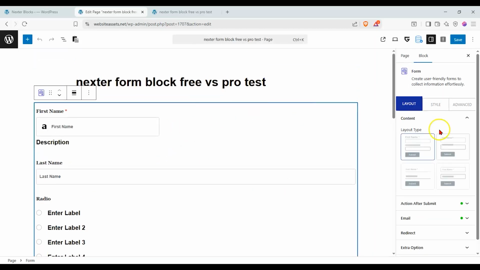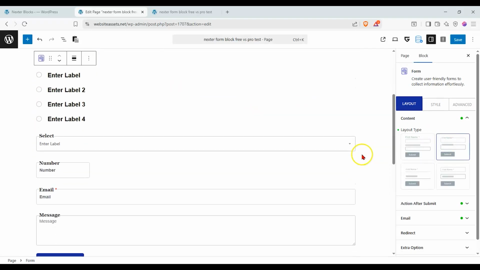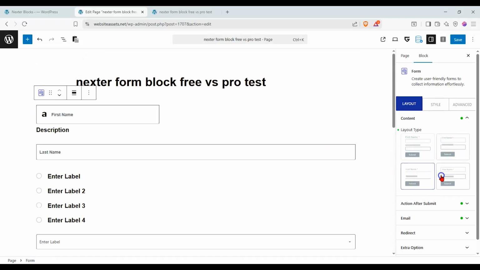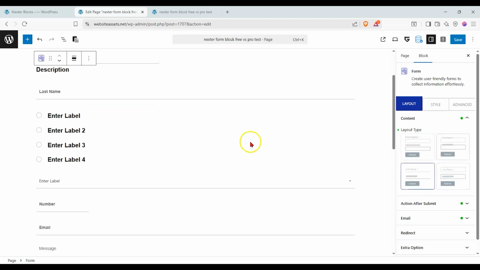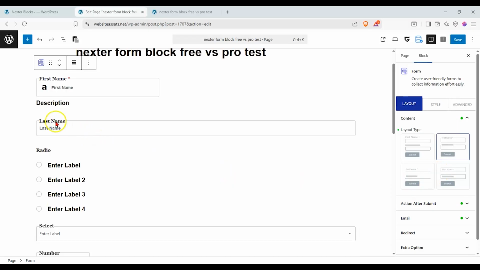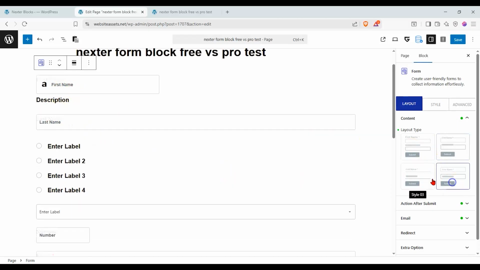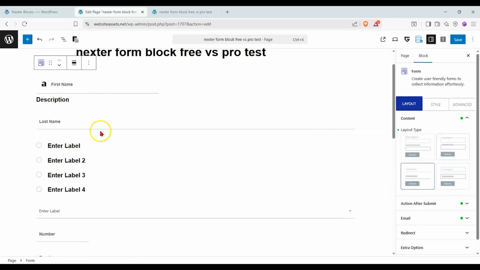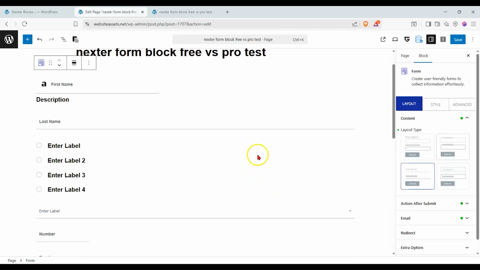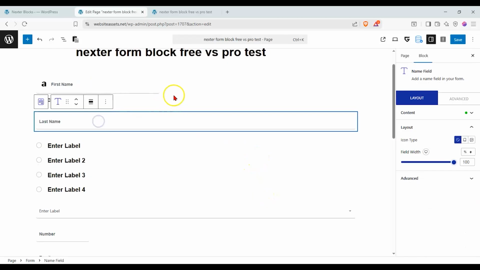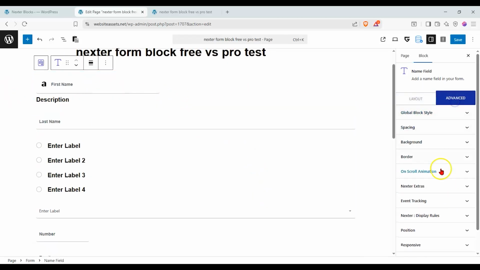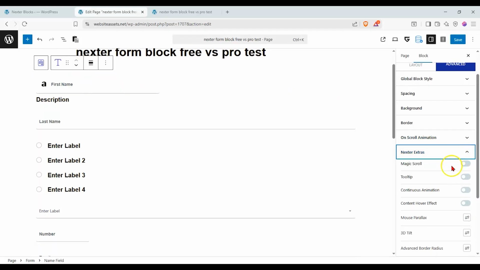Okay, with those out of the way, you can see that our layout starts to change, and it starts to look a bit more professional. So I'm fairly certain you've seen some of these. You may not even need to put descriptions or anything. Something like this might be more minimalistic, a bit more streamlined, and a bit easier on the eyes, right? On each one of these, you probably see that we have our Nextr extras enabled, but